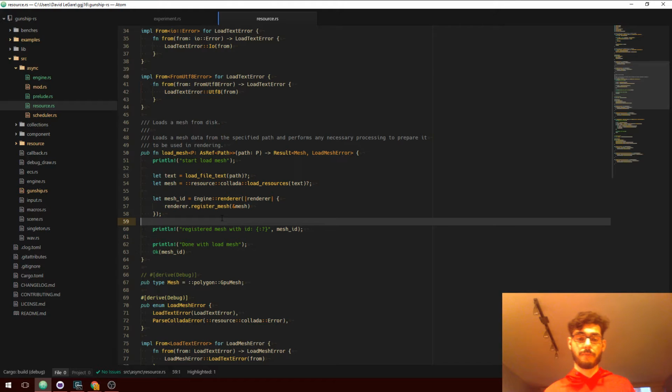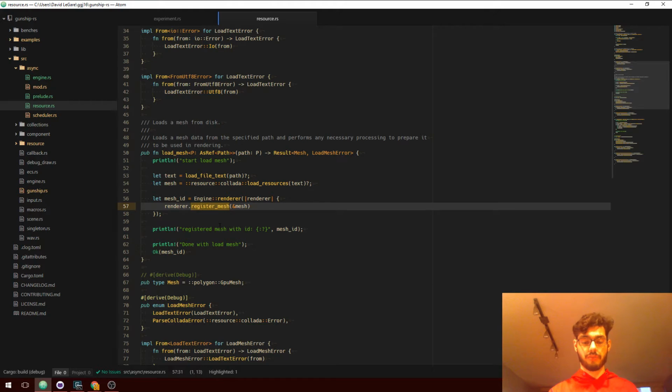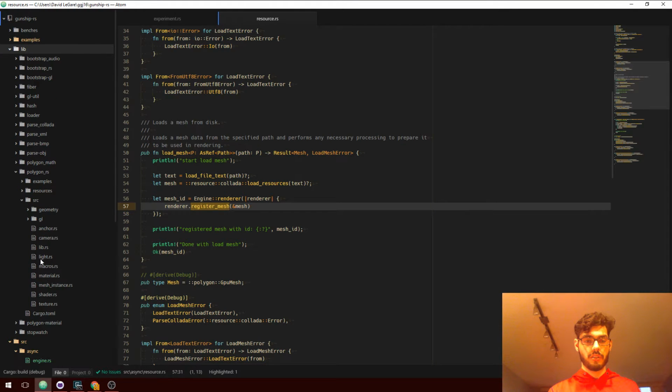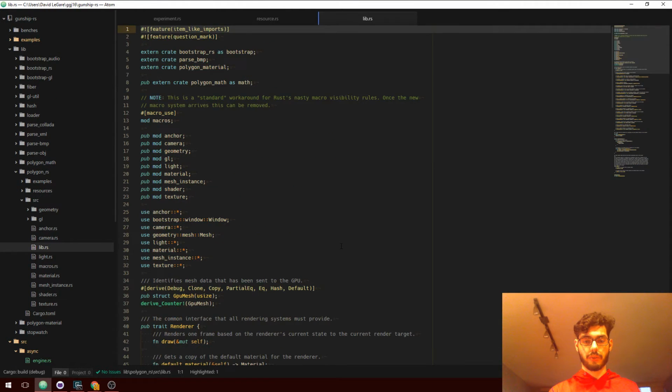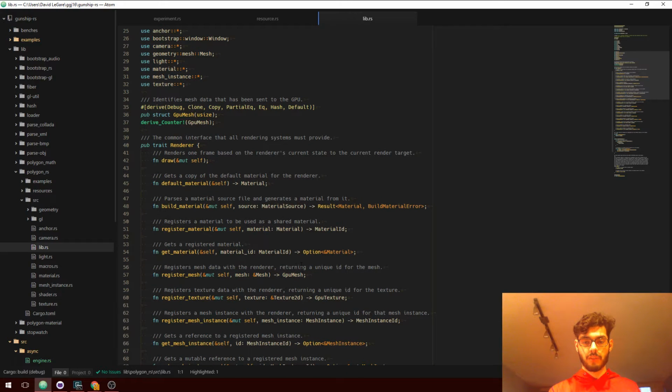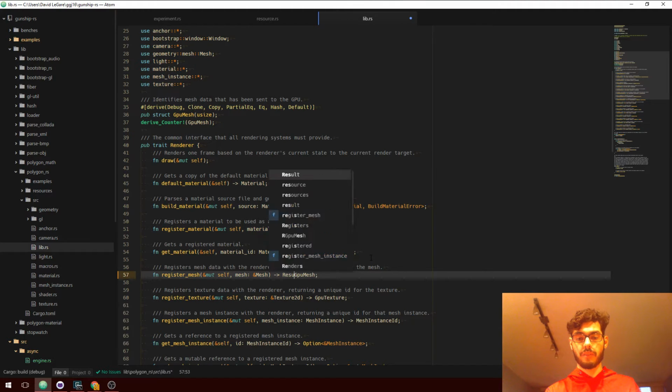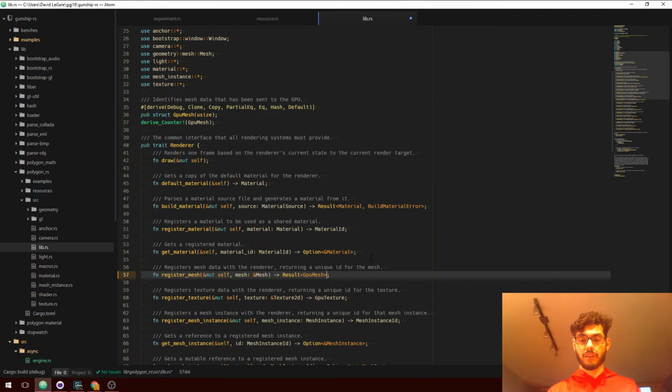Which means if a failure happened at any point, I believe this can return an error of some kind. Let's take a look again at what that renderer trait specifies. Register mesh, oh, no, it specifies it as infallible, but I'm guessing that will not always be the case. This will probably be able to fail at some point. So assuming this is returning a result,